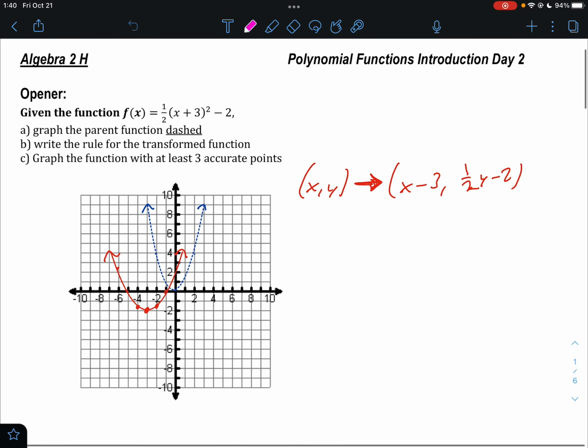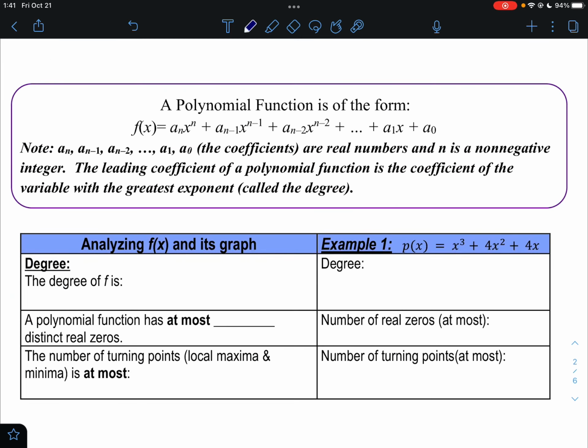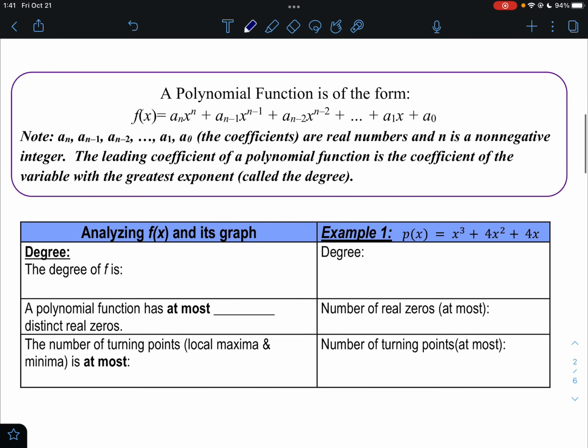All right, here is what you should have got for our opener. You can see my blue is the dashed quadratic function. That would be our parent function, y equals x squared. Oops, sorry about that. Y equals x squared. And then the red is the transformed function with three transformations: a shift left, a shift down, and a vertical compression. All right, so today we're going to talk about polynomial functions, and we're going to begin our adventure in